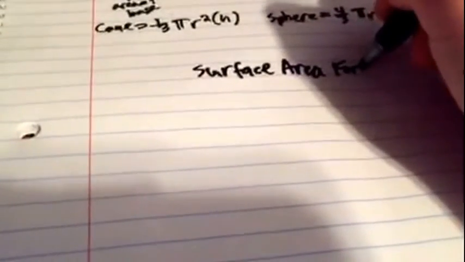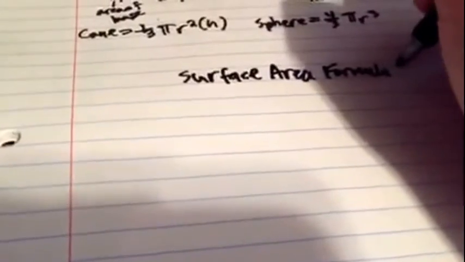Next, we're going to talk about the surface areas. And, well, formulas, at least. The surface area formulas. So first, we're going to talk about the prisms. Doesn't matter whether it's rectangle, triangular, cube, it's all the same. You just have to know some other things to get it. So, prism,